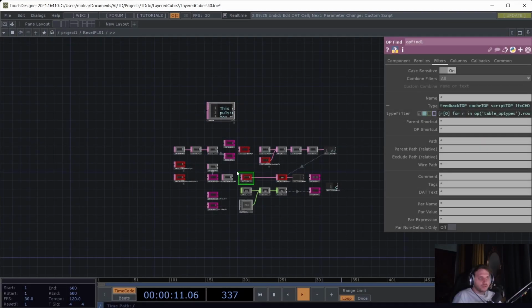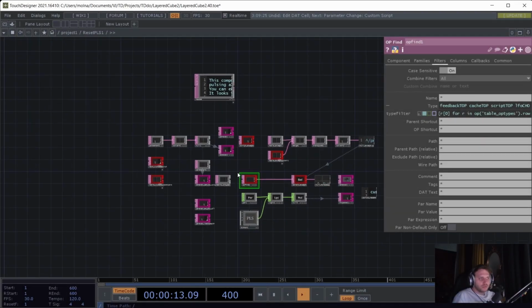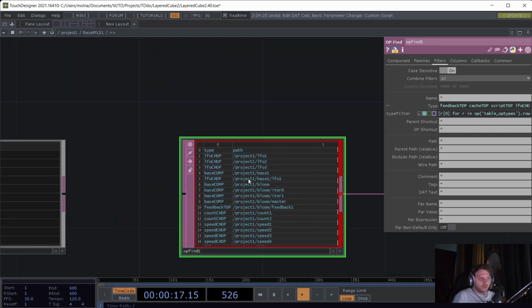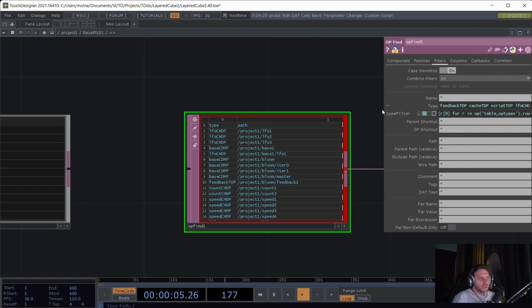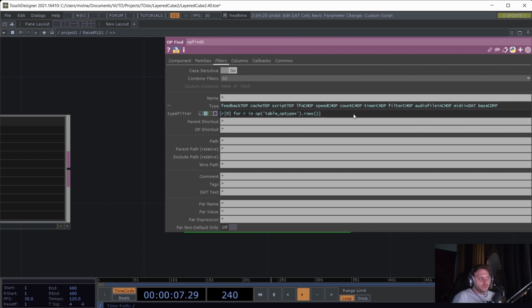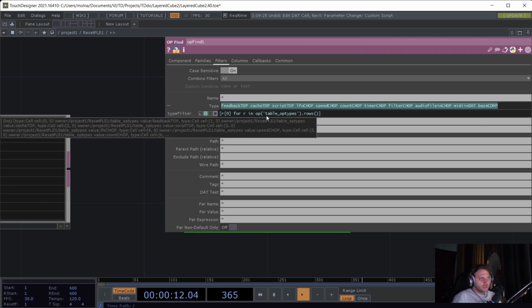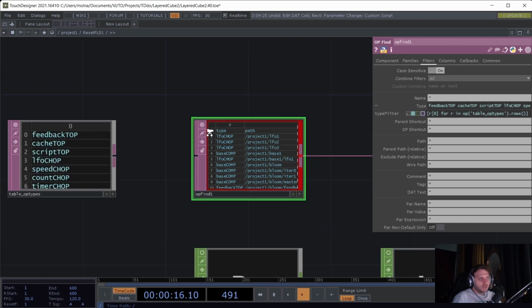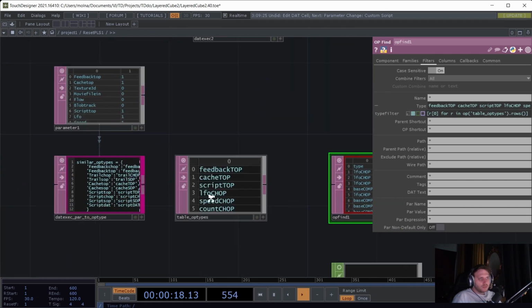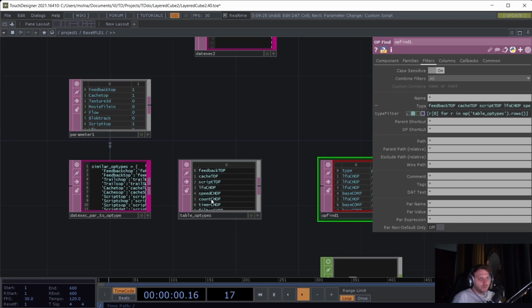So I don't think I'm gonna talk too much about this component. I'm just gonna show you the main pieces and how they are utilized. So we have an opfind operator here. That's the heart of all this. And we have all the enabled types listed here, and these types come from a table, this table op types, which is populated by a script,